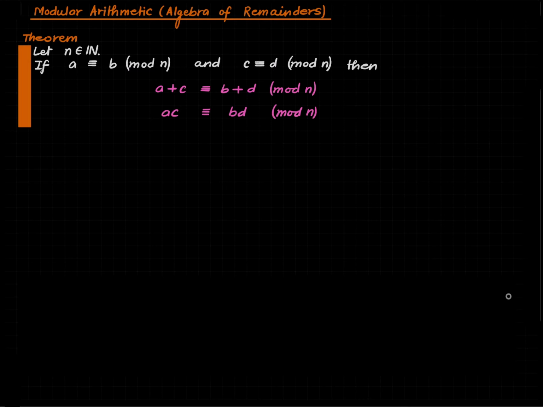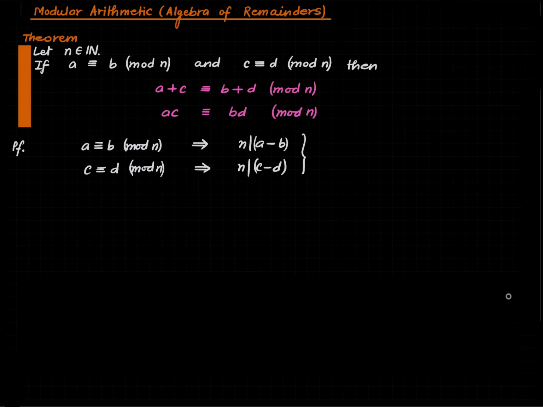Okay, so how do we prove this? Very, very easy. Since a is congruent to b modulo n, this implies n divides a minus b. The second one implies n divides c minus d. And now if we just add these two, n will divide that also. If n divides this and that, n will also divide their sum. So therefore we get